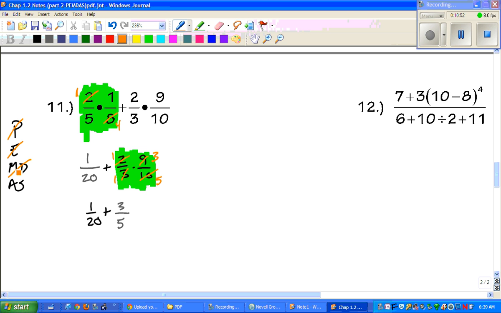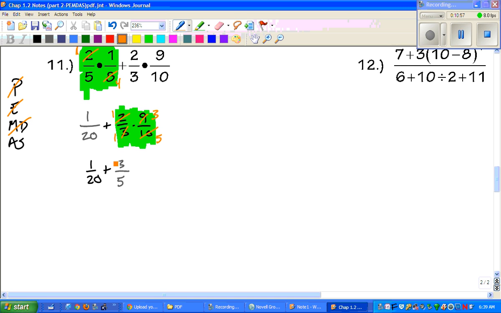So, we are done with multiplication and division. The next thing we have to do is add. Now, can we add these guys? No, because they do not have the lowest common denominator. These are different. We have to have the same denominator when we're adding. Okay? So what we need to do is find the lowest number that both numbers go into. And when we start writing down the multiples, right away,